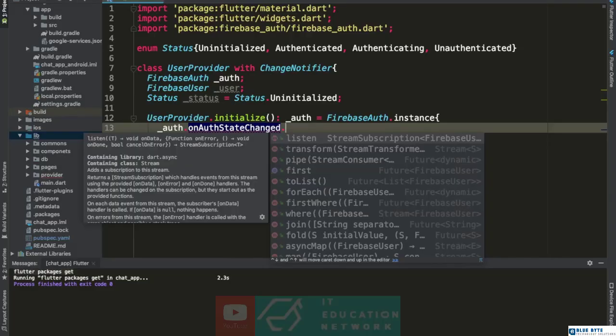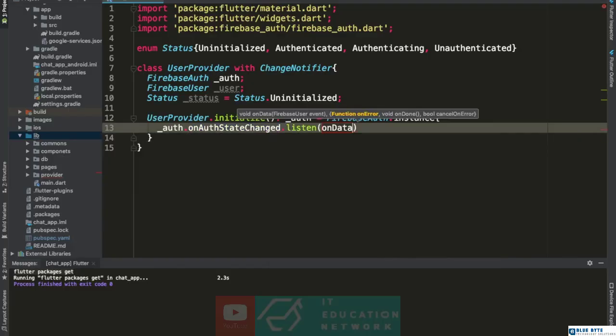And if you saw the videos about the block pattern, I gave you guys a brief introduction about streams. So now here we are subscribing to a particular stream because the way Firebase gives information, it gives us streams, and we are subscribing to a particular stream and we are listening to that particular stream,